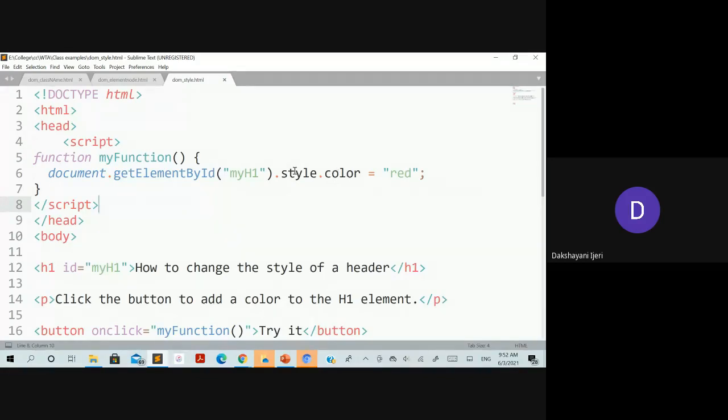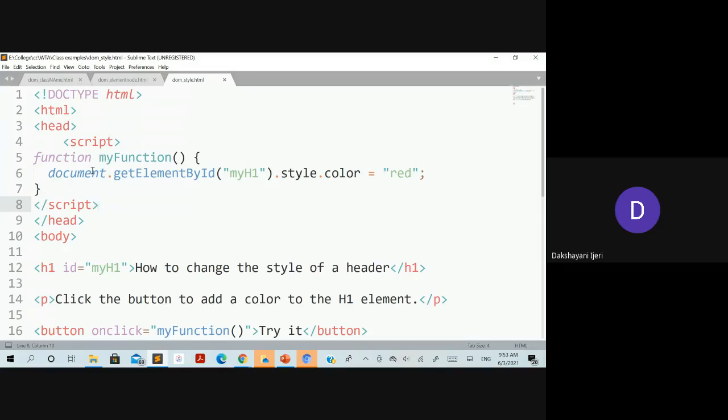Style means you have n number of styles that you know, right? I just want to apply a color, which is specified again with dot notation followed by color, and with an equal to symbol you specify the color, either directly with the name of the color, or as a hexadecimal notation, or whichever value you are comfortable with. End it with a semicolon, end the function and end the script.